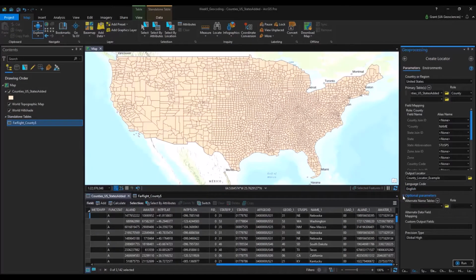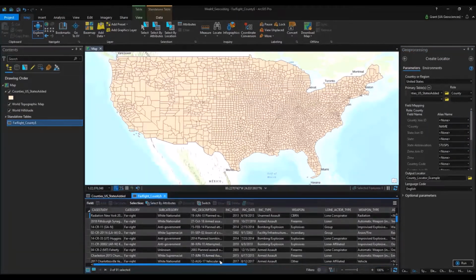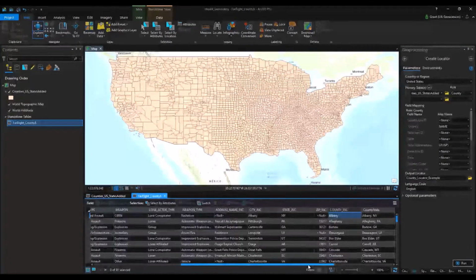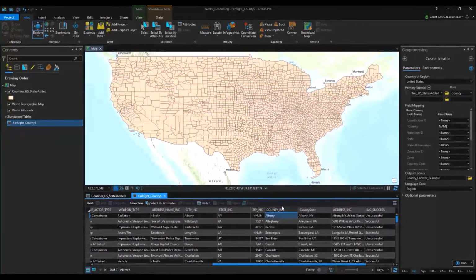I don't need to mess with any of the parameters right now or change the sensitivity or anything with it. So I have a county locator based on the county name, state abbreviation. This also matches what I'm going to be using in this far right Excel table with my county and state abbreviation. With that, over the years, I find it much easier, and this is important when it comes to the address side too. When you have larger databases and you end up having to rematch, or you have a lot of tied candidates,